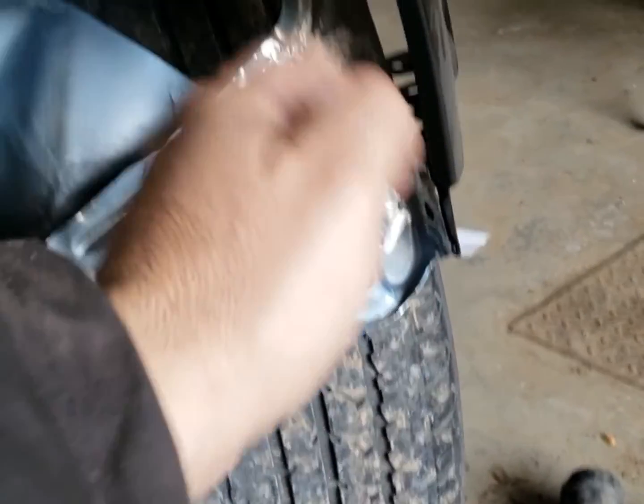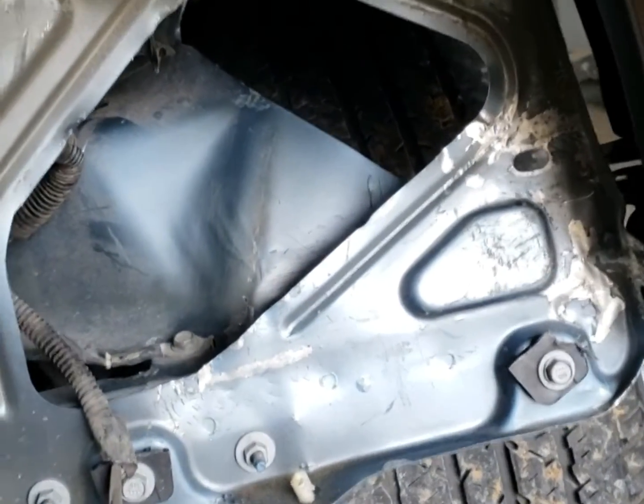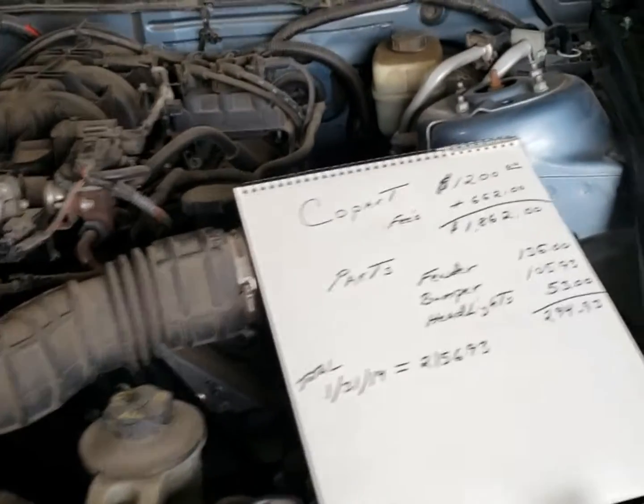And this little part, I could have cut it all out and put a brand new one. There was no need to, because I could hammer and dolly all that. It worked. It looks worse than it is right now because of the exposed paint. Where we sit on the car right now,